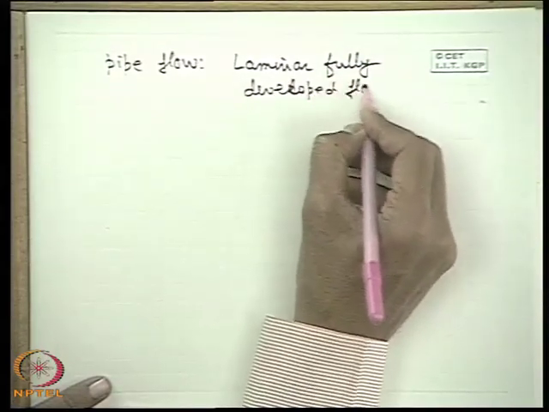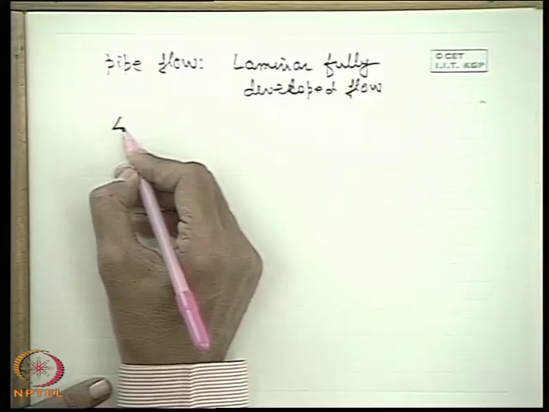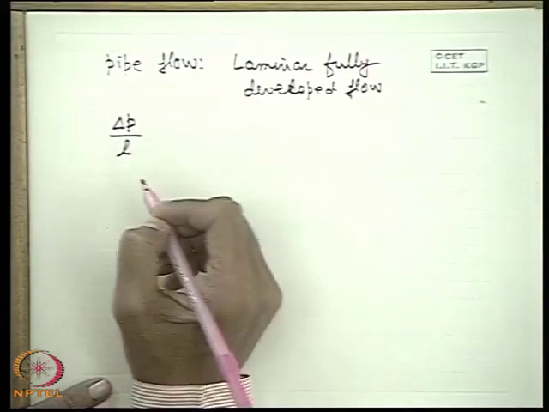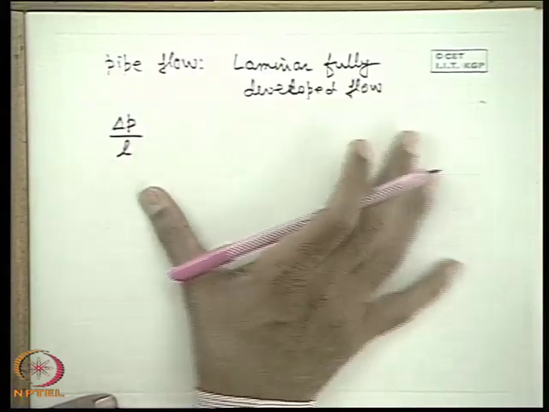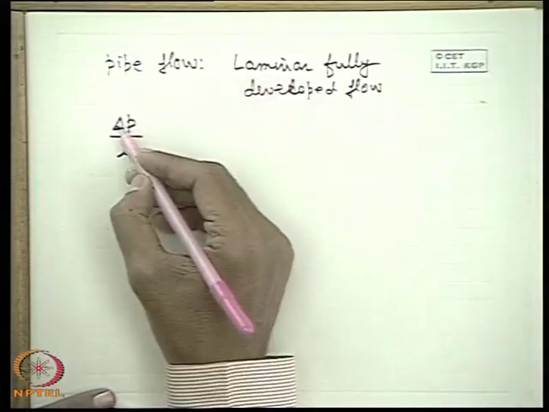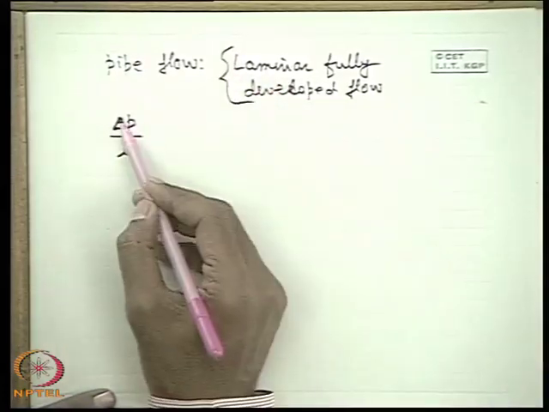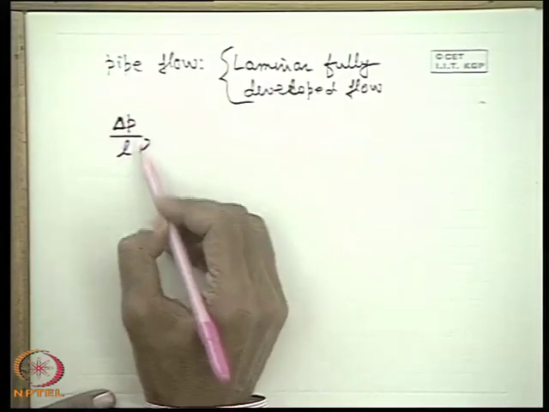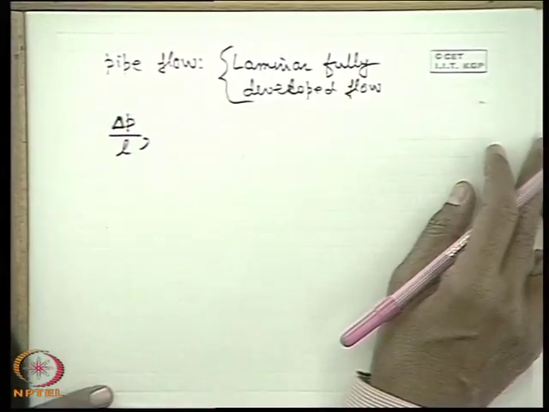Now, in case of a laminar fully developed pipe flow, we always consider the pressure drop per unit length. Why? Because length is not a pertinent operating parameter. The length of the pipe can change, and accordingly the pressure drop will change. It has been found that the pressure drop per unit length is the criterion, because in a laminar fully developed flow, pressure drop becomes a linear function of L. So, pressure drop per unit length is the output parameter which depends upon several input parameters or operating parameters of the problem.